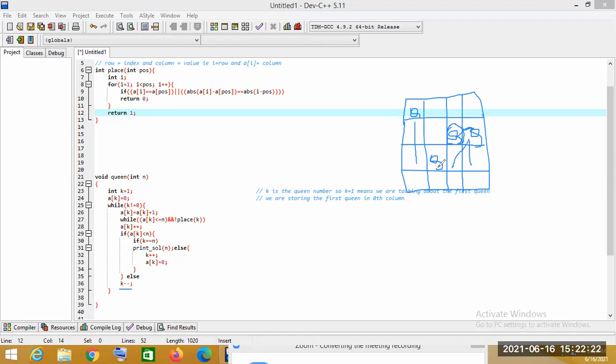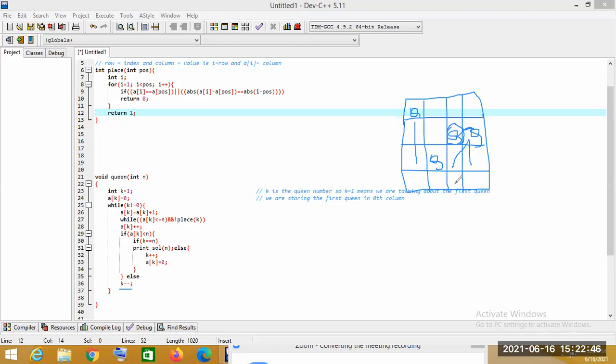There is no problem there. But again, the problem will arise when we want to place the fourth queen in the fourth row. In this position we cannot place the queen. In this position also we cannot, because it is in the same column.